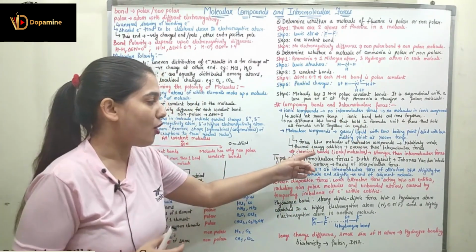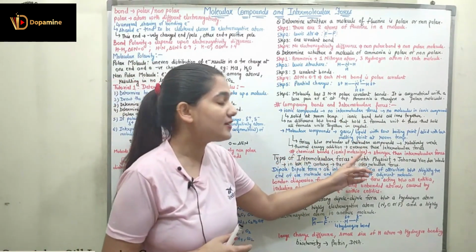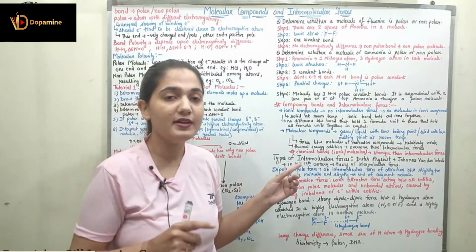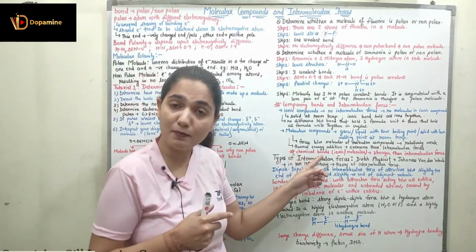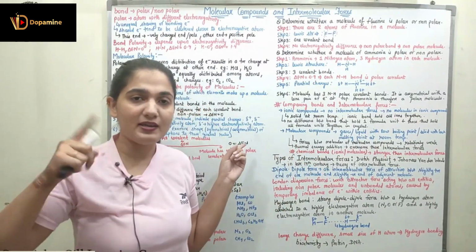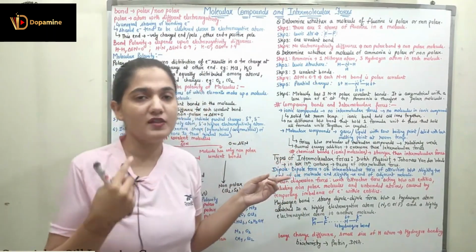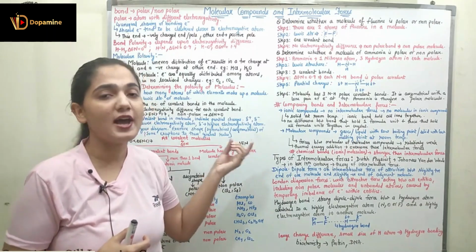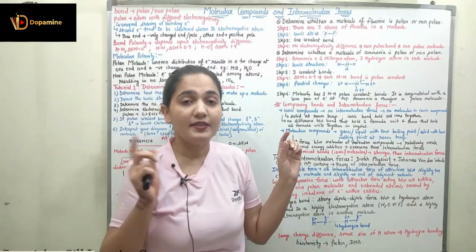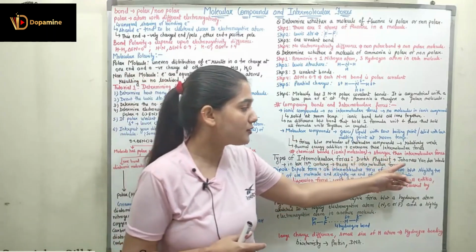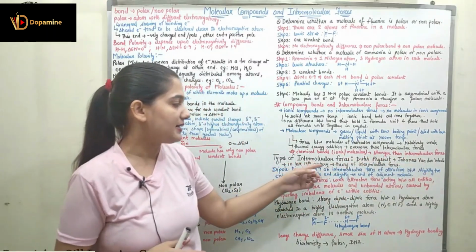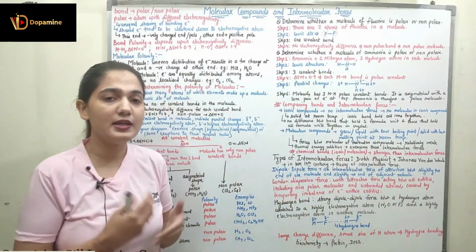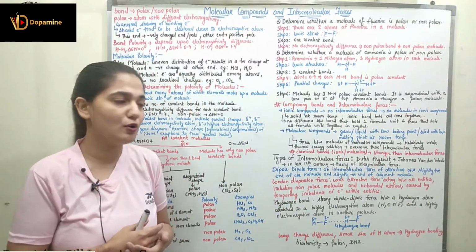Now the chemical bonds, ionic or covalent bonds, are always stronger than intermolecular forces. Thus whenever I am talking about chemical bonds, either the ionic bond or the covalent bond, both of them are stronger than the intermolecular forces. So now coming to the types of intermolecular forces. The Dutch physicist Johannes van der Waals, in the late 19th century, gave the theory of intermolecular forces. He gave us three types of intermolecular forces.